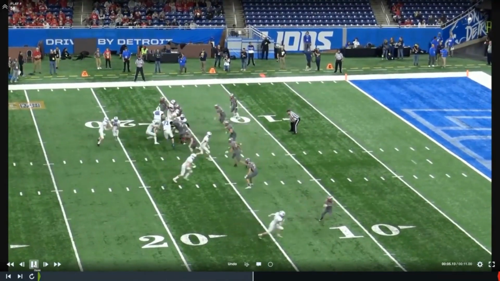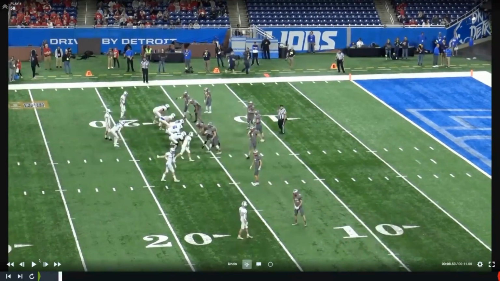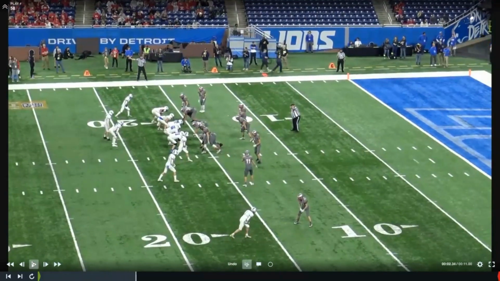All right, now let's stop the video here and analyze what we have. Offenses intentionally, by design, are trying to fool the defense. How many backs do you see right now? You should see 4. You should see 2 upright slot backs, one on each side of the formation, the quarterback